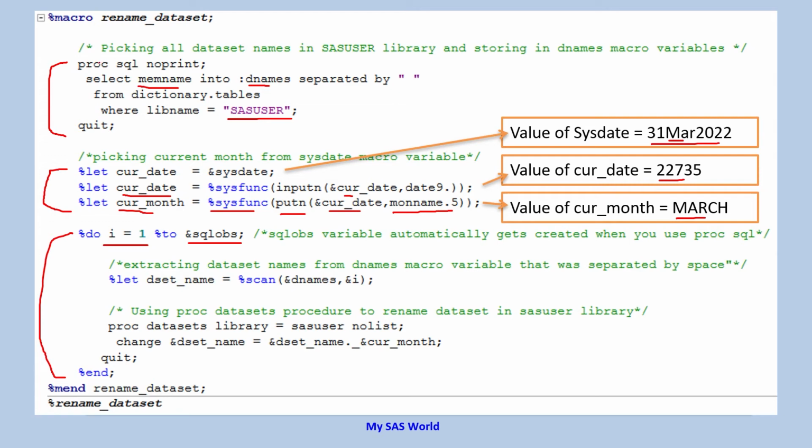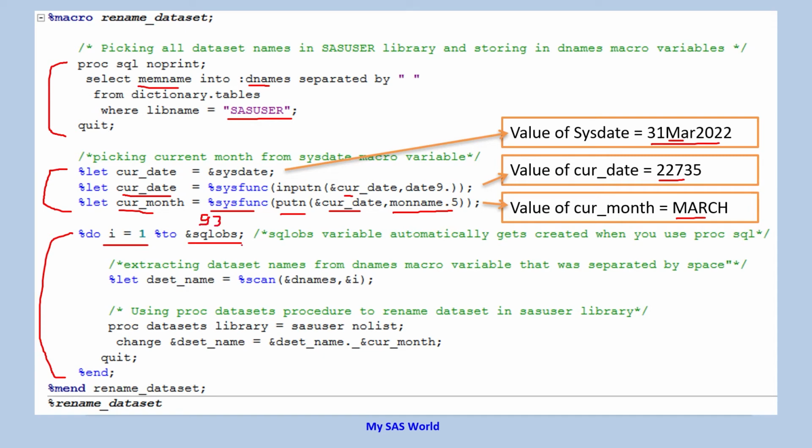Whenever we run proc SQL, it creates the SQLOBS variable, and it holds how many times that particular proc SQL query executed, so how many observations. That number is stored here. In my case, it is 93, so 93 data sets are present.